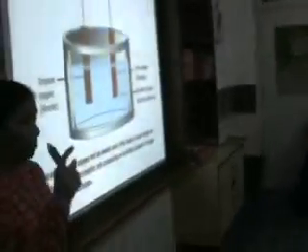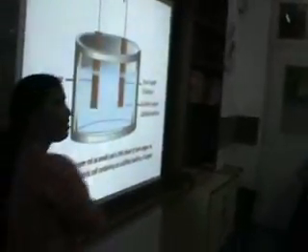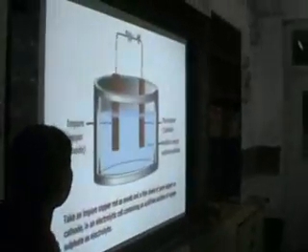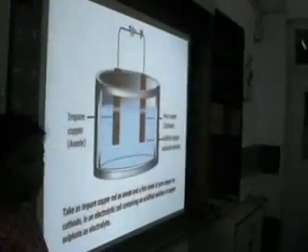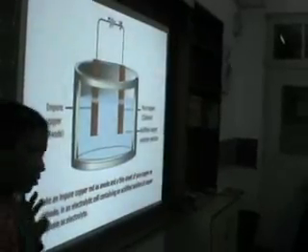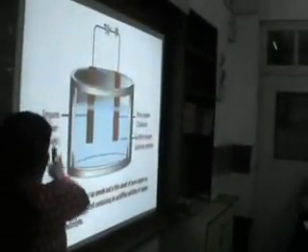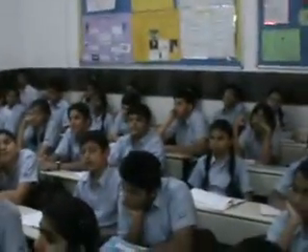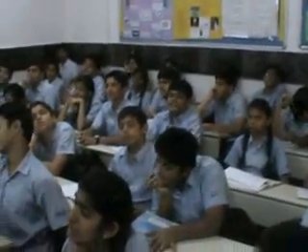Very, very good. Now, children, here we use the principle of electrolysis, but we are using it for refining of metals. As you can already see, which metal are we refining over here? Okay, copper. Please raise your hands. Alright, we are refining copper. What is anode? Anode is the positive terminal and cathode is the negative terminal. This is clear? Anode is positively charged, cathode is